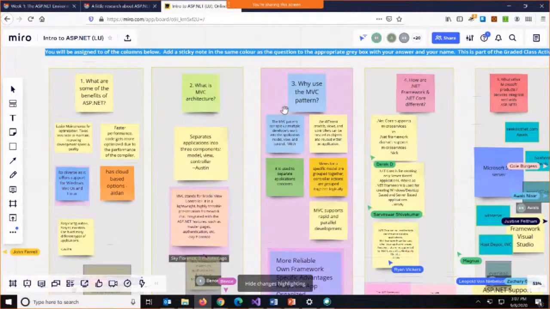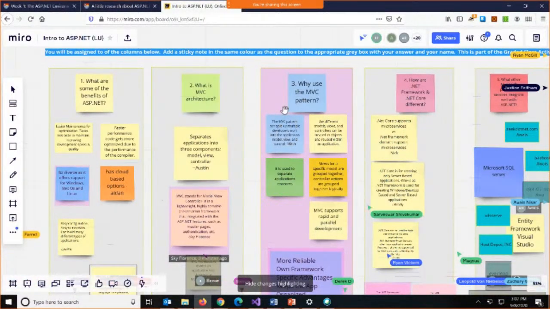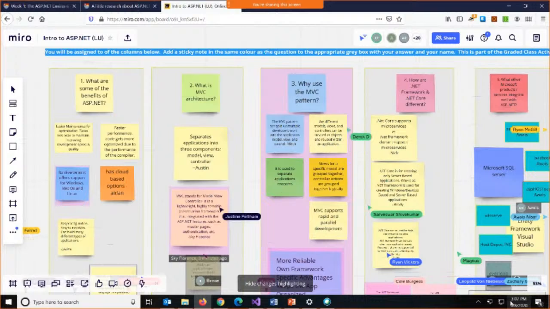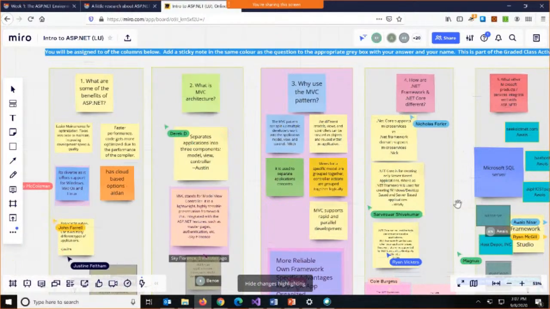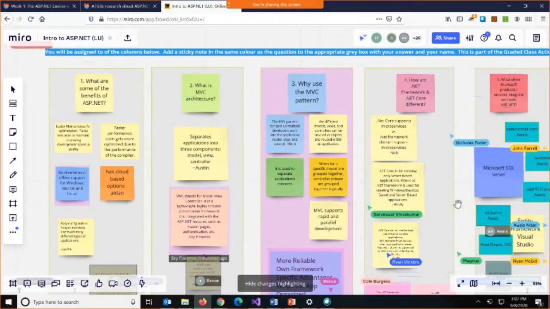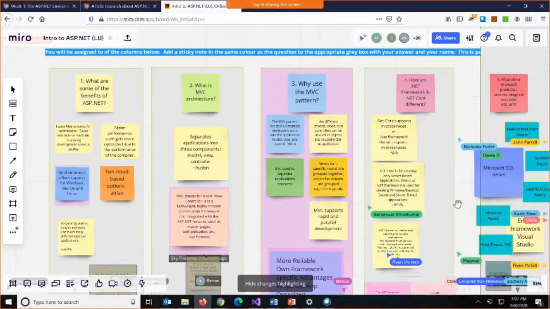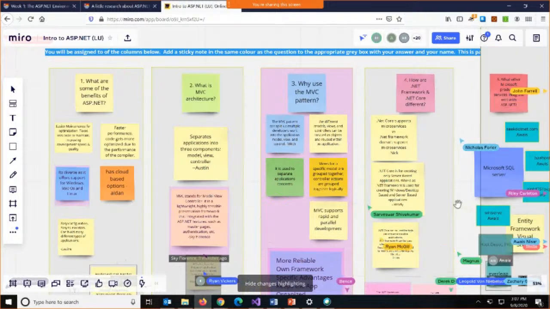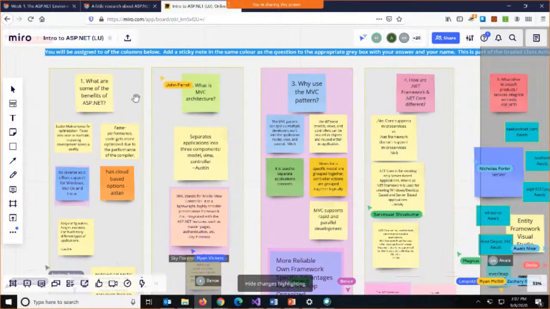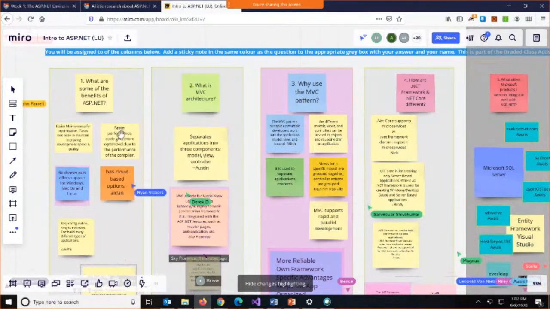So I'm not going to go over everything, but I just want to highlight some of the most important comments that are here, give a few notes of my own, and then we can open up Visual Studio and start to play around a little bit. So some of the most important things, I think, this one right here in the first column,